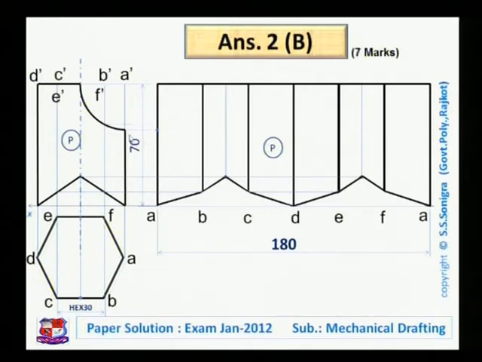For that, let me pick up one point over here. One point is here, which is on A generator. So from this point draw a horizontal line and that will cut a generator from A over here. Development of A is here, so the intersection of these two is one point. So this is the first point. Here this point is there, which is on B. So from this point draw a horizontal line and that will cut the vertical line from point B or developed portion of B over here. So this is the second point, and the third point is here, which is at the middle of B